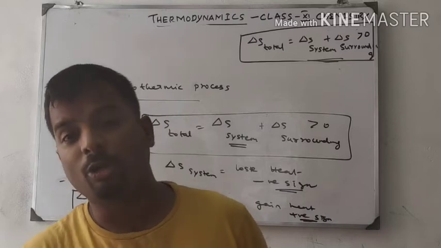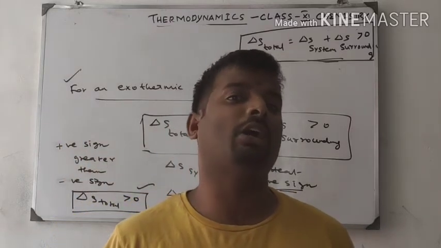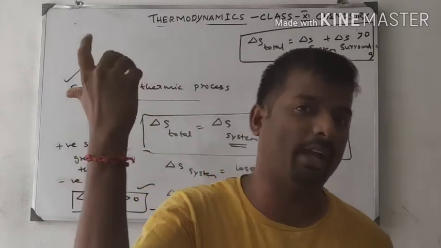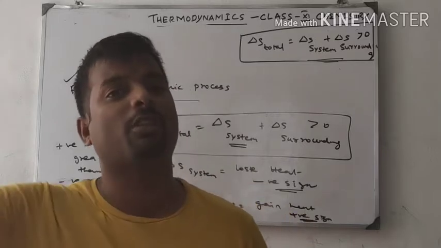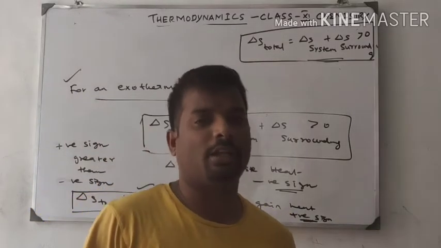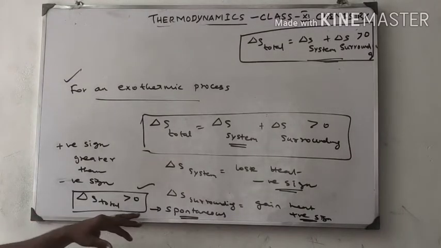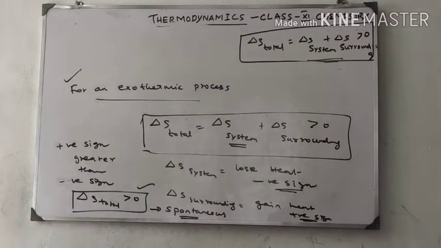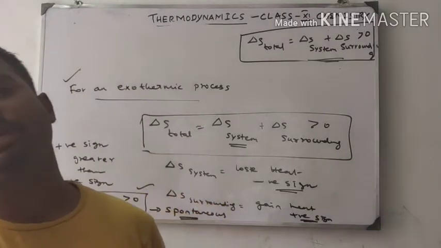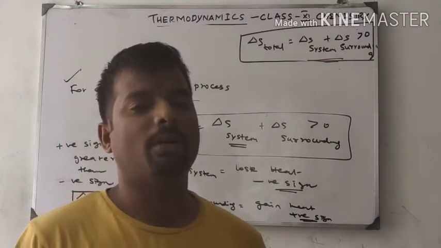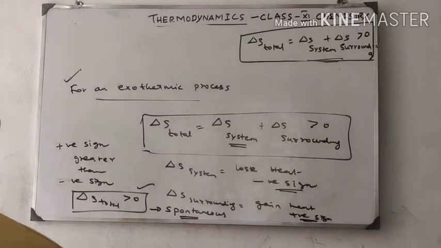Examples of spontaneity: growing of plants and growing of human beings are spontaneous processes. Growing of hair is a spontaneous process. It never reverses. It is an irreversible spontaneous process, right? So you have to keep it in mind. Delta S positive means a spontaneous process. Heat is supplied to the surroundings, so the surroundings' heat is greater than the system's heat. So we get a positive value that will lead to spontaneity. Okay.